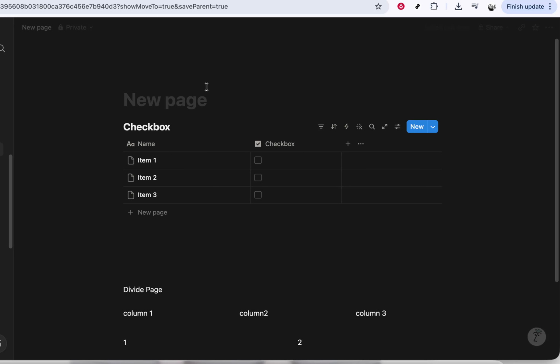If you ever change your mind, you can repeat these same steps. Open the 3-dot menu, click Customize Page, and toggle Page Discussions back on. That will instantly restore the ability to comment on the page. And that's all you need to do. With just a few quick clicks, you've successfully turned off comments in Notion and taken control over how people